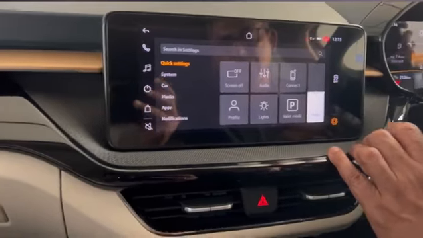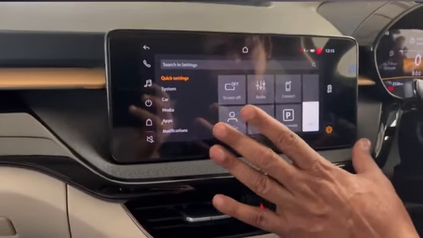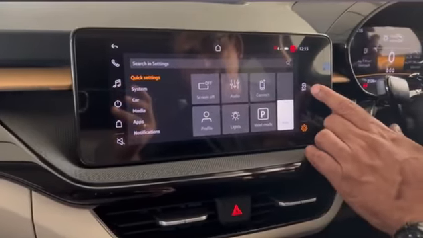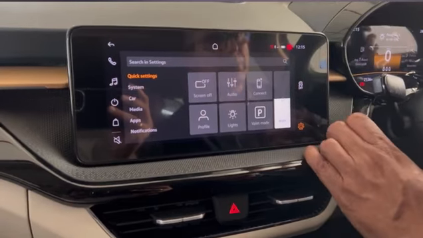Yes, sir. Tell me please. This is the home screen of the 10-inch infotainment system, wherein we have a symbol of a car here. Now this shows me